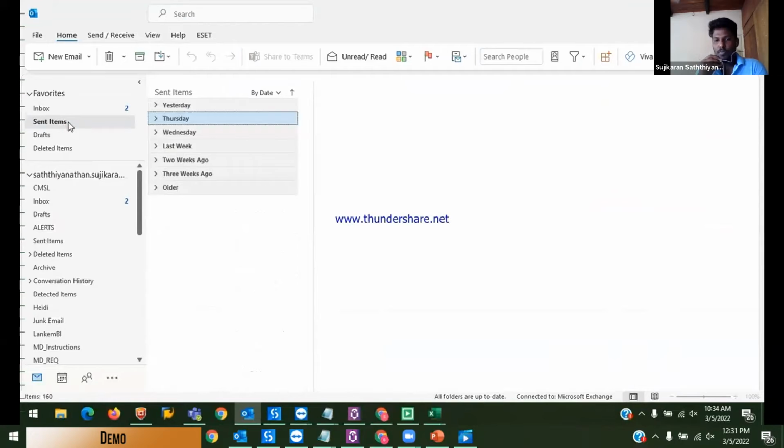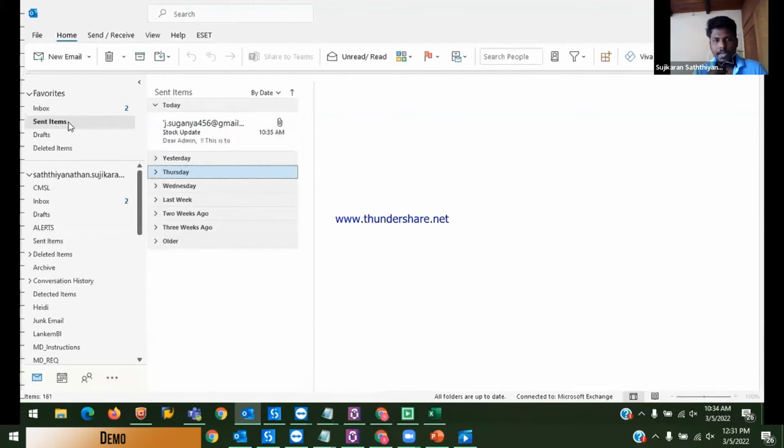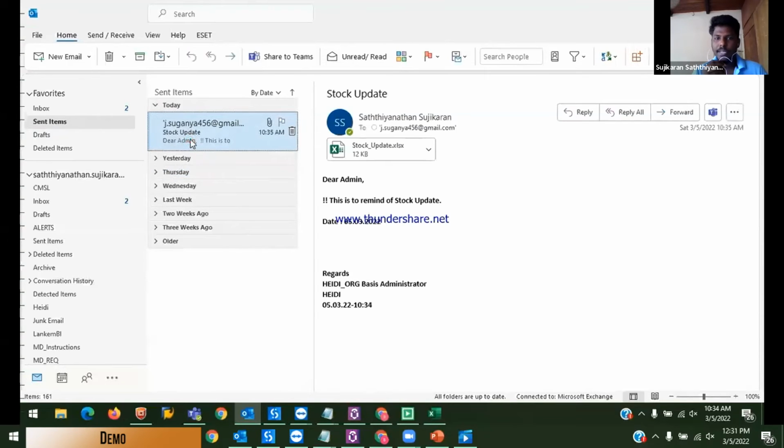First thing is to check the stock details and availability, and after that it should move to check the outstanding balance request. Everything is sent to the mail. Now here's the stock update to the admin. Every day it should be an update.